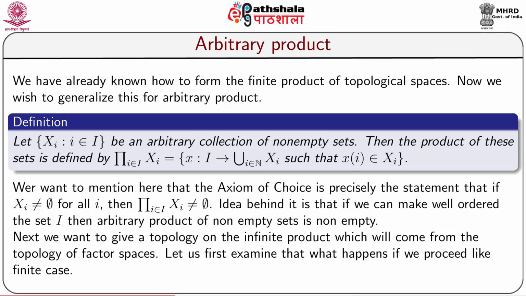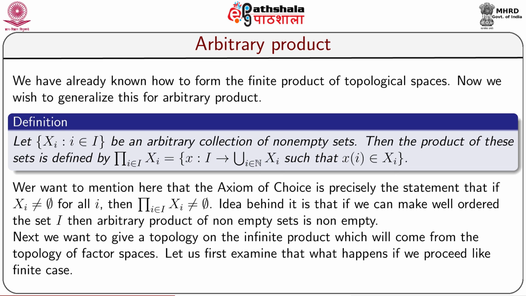Now, what happens if we take an arbitrary Cartesian product? Let us go to the slide presentation. So, now we will define arbitrary products of topological spaces. First, we have to define the arbitrary Cartesian product of sets. For finite products, we have considered just ordered pairs. Now, if we take countably infinitely many sets, then their Cartesian product we can take in the form